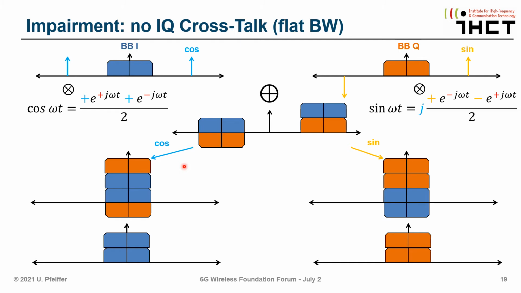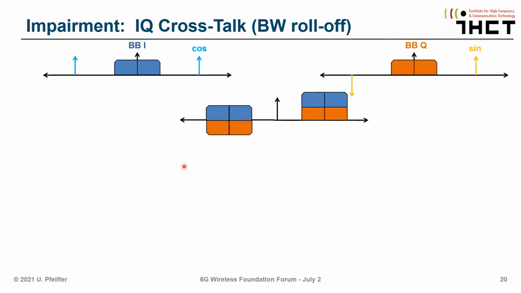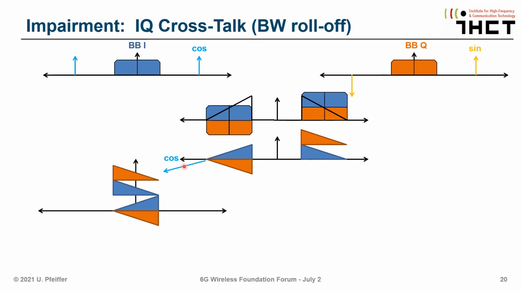So ideally you should only get a clean output without any crosstalk. However, that's not the case. And you see this if you assume that there's some asymmetry in the channel. And if that is the case, then you see that your signals will be slightly distorted across the bandwidth. And then when you do the demodulation of the I signal with the cosine again, you will see that you